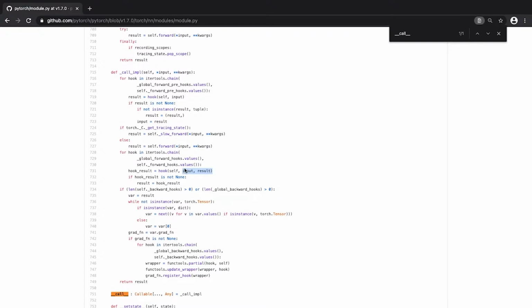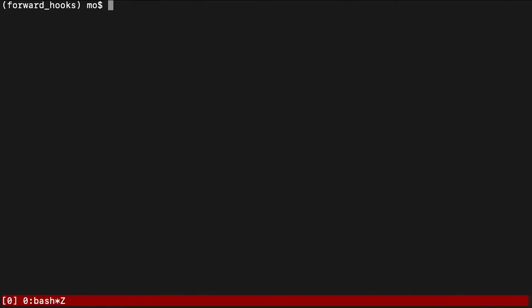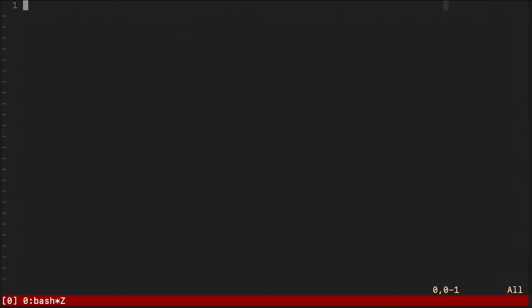And I think that's it for the theory. Now I would like to show you a very short example of how one can use the forward hooks in action. Let's get started. Let me create the script and let me do some imports. So I will import torch, then I will import functional. And lastly, let me import two modules. One would be linear layer, and then the parent module class.